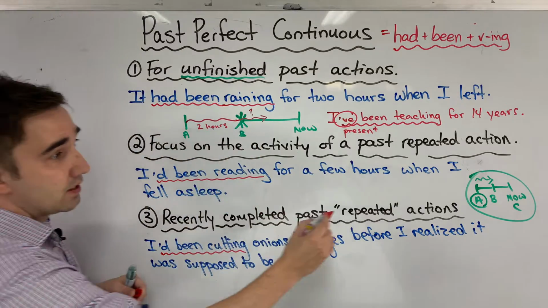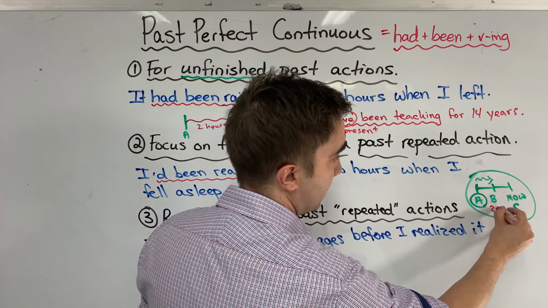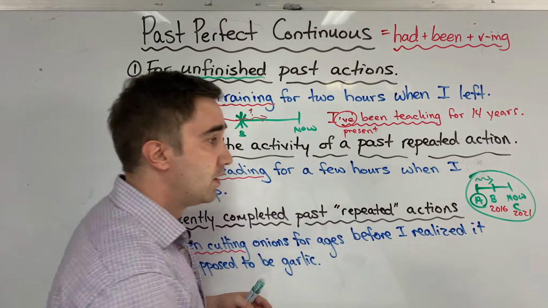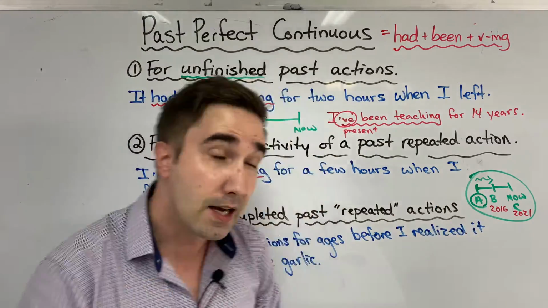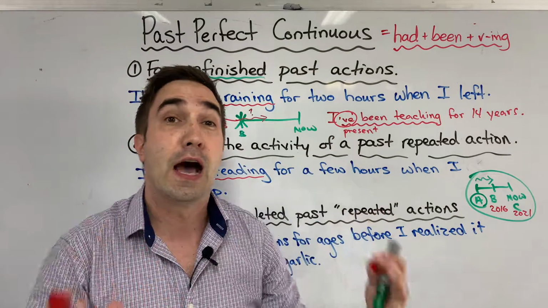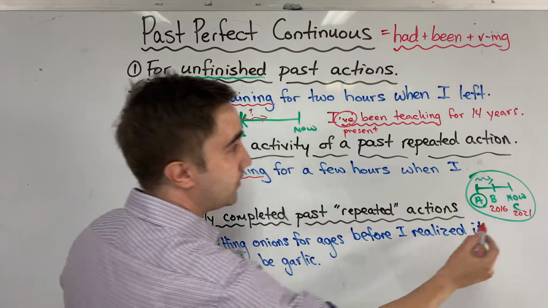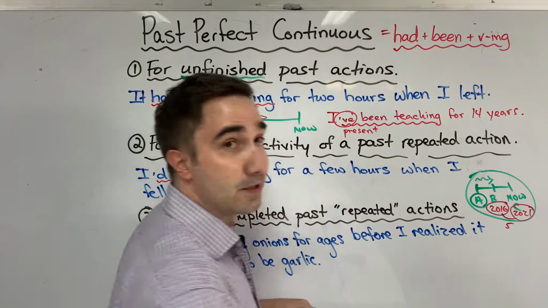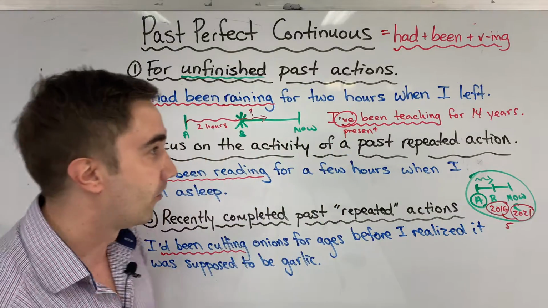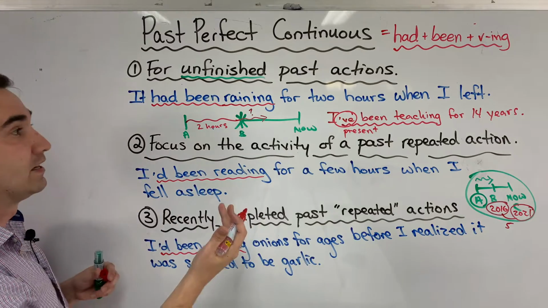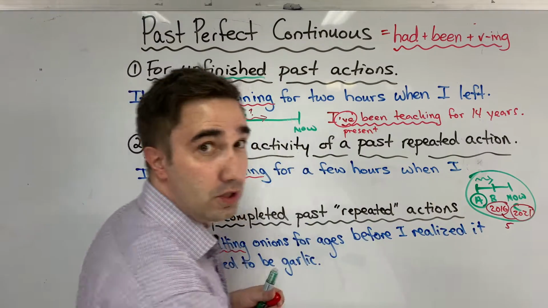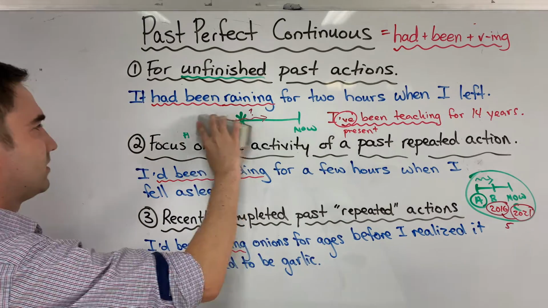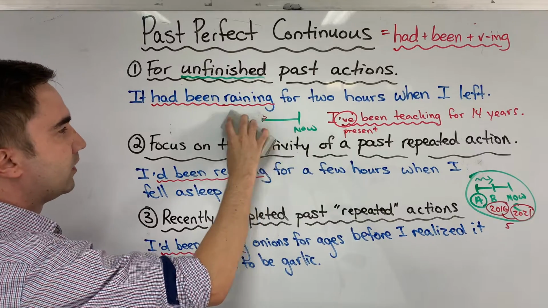Now, if I change this AB and I change this to 2016, so now is 2021, right? So in 2016, I had been teaching for 9 years. If you do the math, 2021, 2016, that's 5, 14 minus 5 is 9. Okay, now is a math class. But I had been teaching for 9 years. It's not finished. I continued to teach in the future. So this is a little different from our videos because I usually just try to write it on the whiteboard one time.